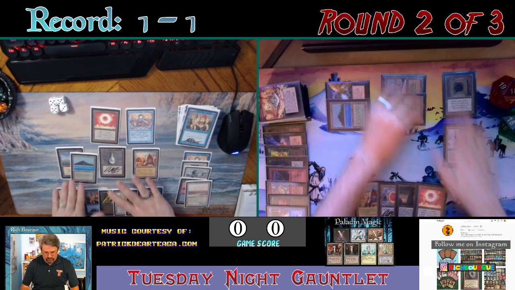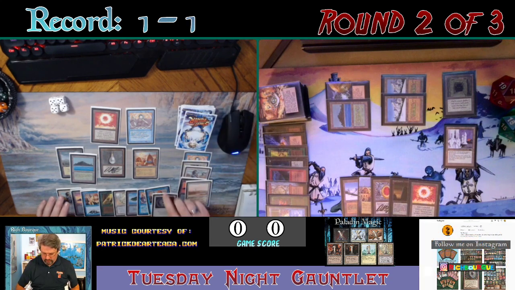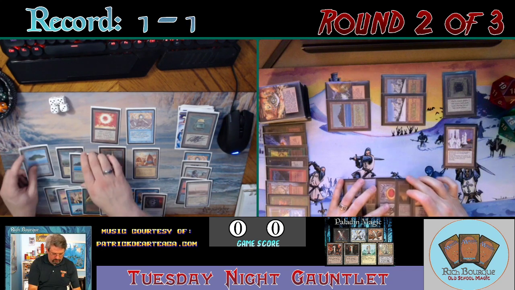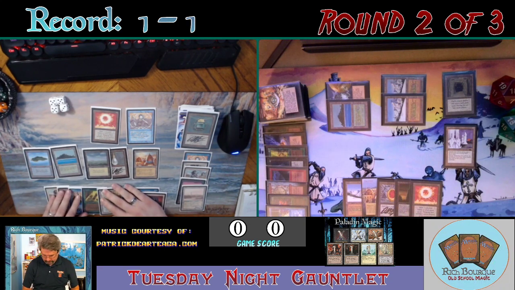Okay. I do nothing on my end step. So I will draw 1, draw 2, reveal. You have 5 cards? Yep, 5 cards. Okay. So I will play an island. And then I will...